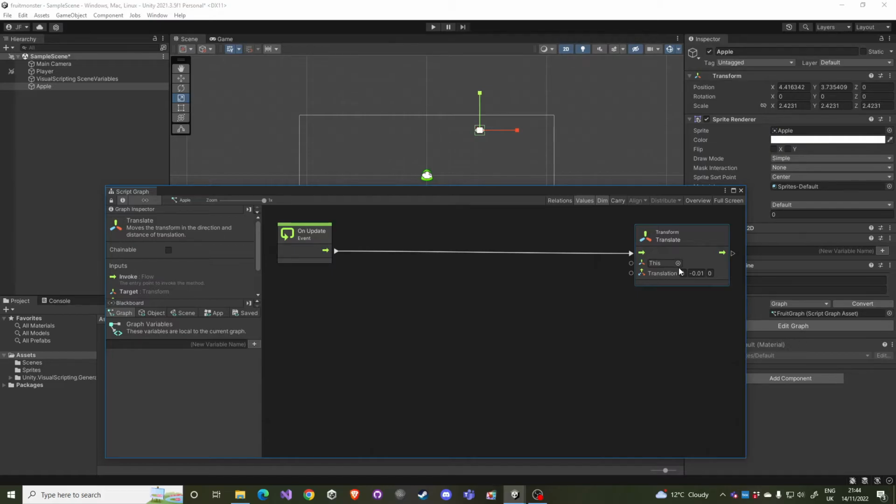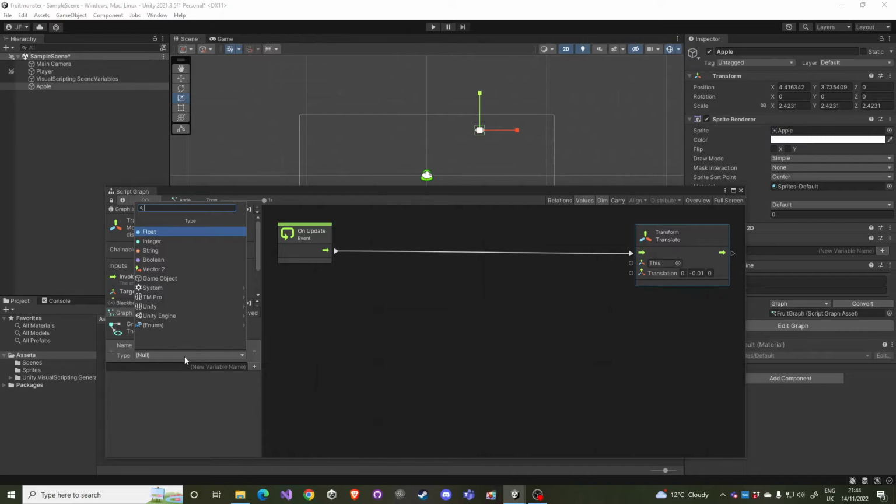It's just saying to the system that the movement should occur in the downwards direction. So I go to the special section of the window called blackboard, and I'm adding a variable which will be called direction of movement. Press plus